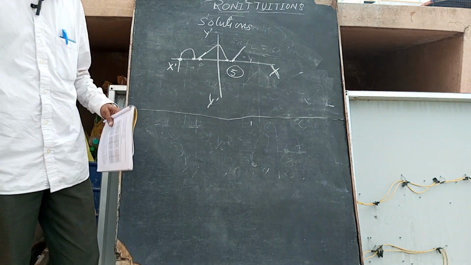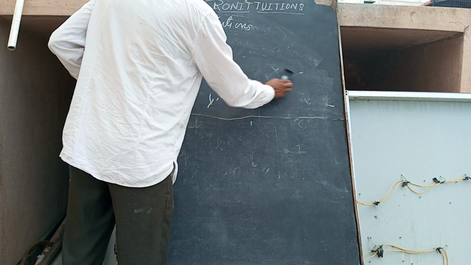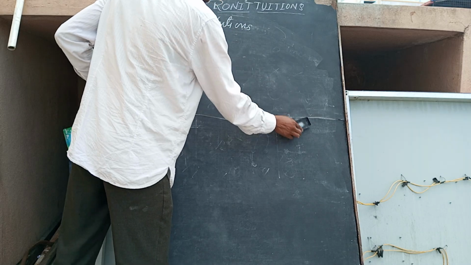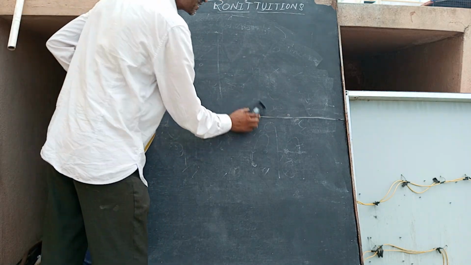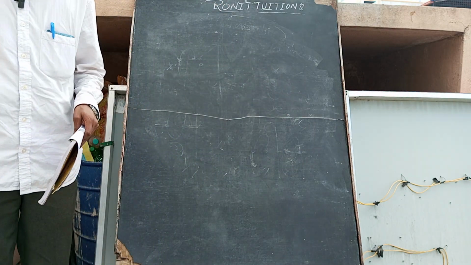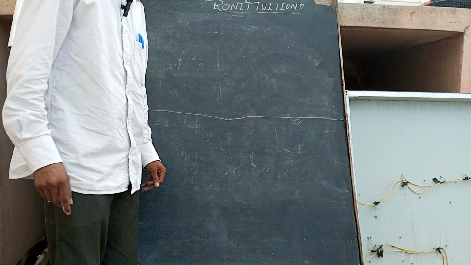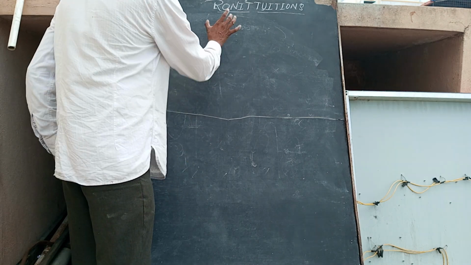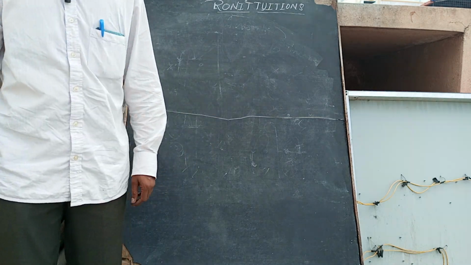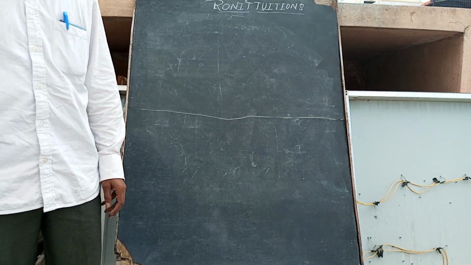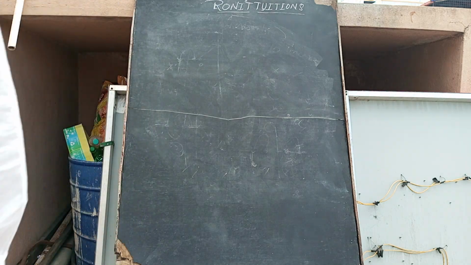Now we have learned how many zeros there are. How to find the zeros? There is one method given, called the factorization method. Now a quadratic polynomial will be given, and they are asking how to find the zeros of that one. So the factorization method. Now we are going to read the factorization method of a quadratic equation.